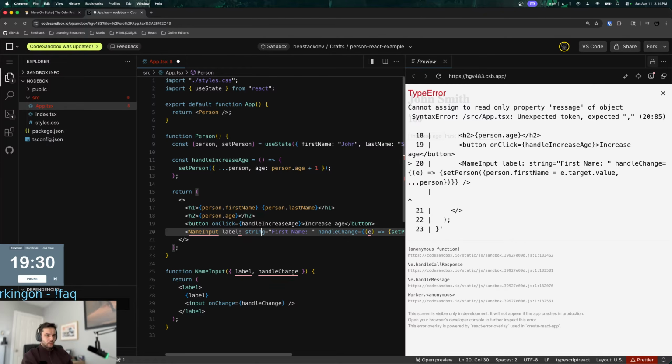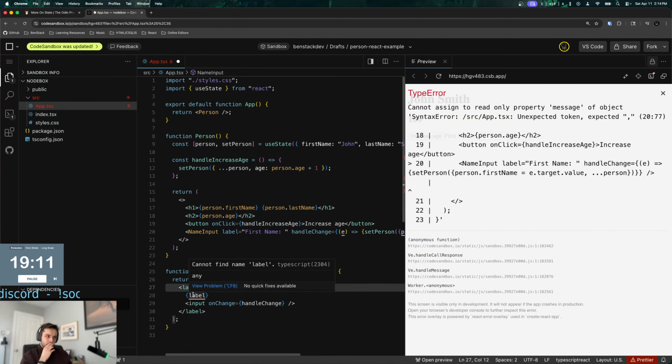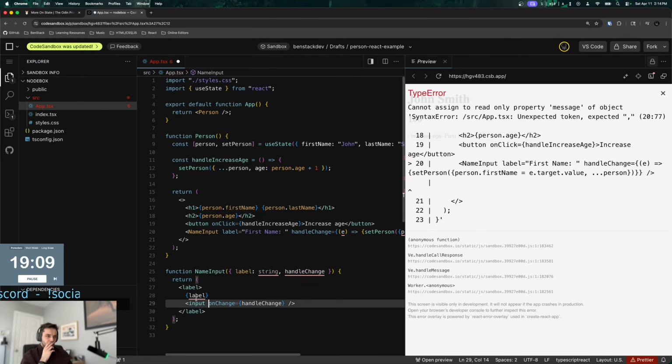Like this? No. It would be like label string, like here. But then this is... I'm confused why that then causes an error. Okay.